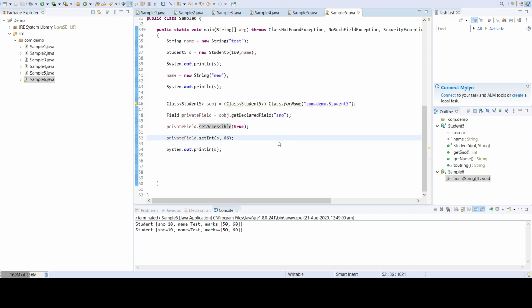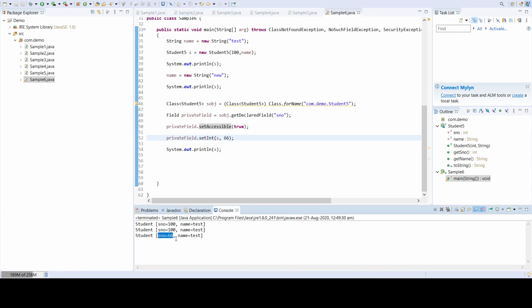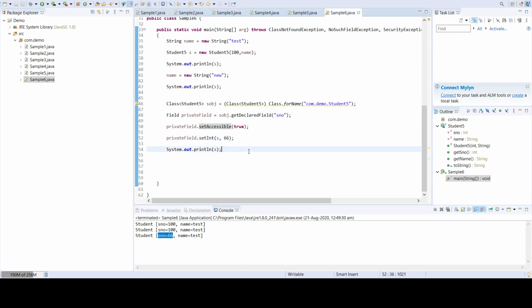If you run this example, the serial number, which is a private member, is updated outside of the object after creation. So using reflection we can break the immutability.